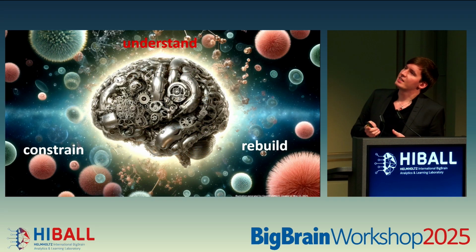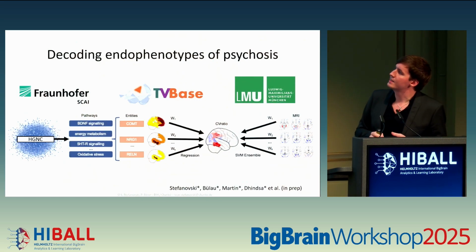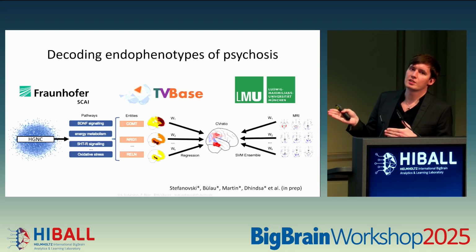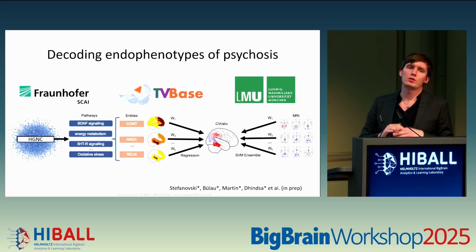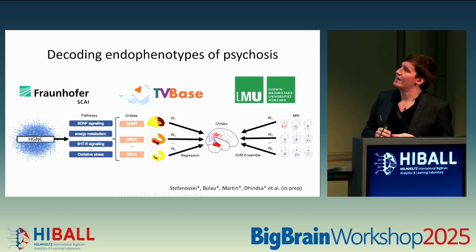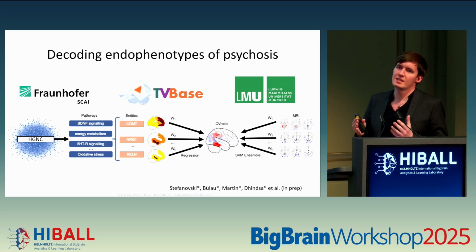So from this, I will go further and show how we can use this to understand mechanisms better. I start with this ongoing work where we used the TVB-based tool that I just showed for the semantic mapping of all genes. We just did it for all genes that we found in HTNC for humans and got a lot of maps. On the other side, we were collaborating with Munich, and Nikolaos Koutsouleris provided us with patterns that are